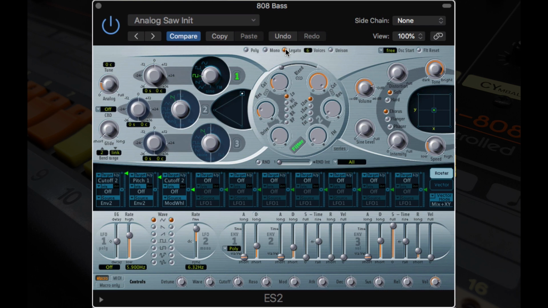So in this case, if I press F on my keyboard and press A, you notice it hops from one note to the other, so it doesn't play a chord. Whereas if I set it to poly, it plays both tones at the same time, which is not suitable for a bass patch. So I'm going to set it to legato. There we go. And if I perform my instrument now,